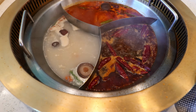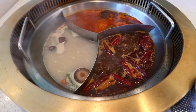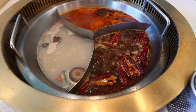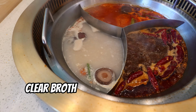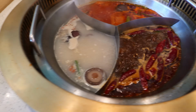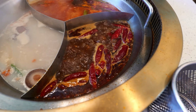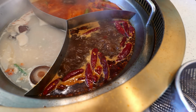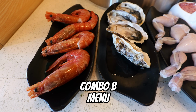See, the cool thing about Chinese hot pot, especially in a lot of these restaurants, is that you can choose more than one broth flavor. So you can get something like I got. The left side is the beef broth, which is not spicy. The one to the right, the chili one, that is pretty spicy. I'll see how spicy it is in just a bit. And that one is tomato broth. I guess you can tell which combo I got, right? Oh yeah, going with